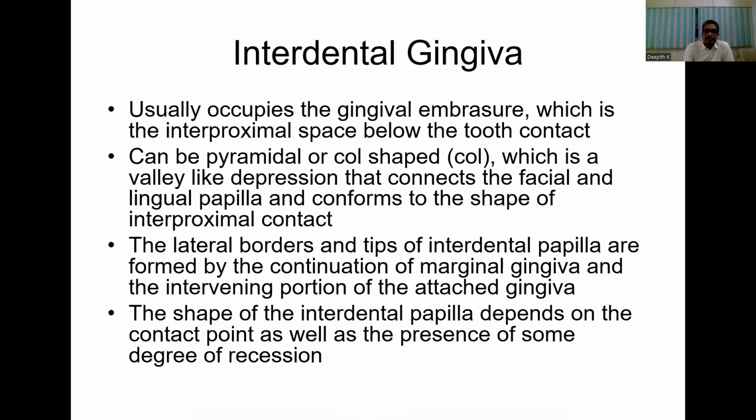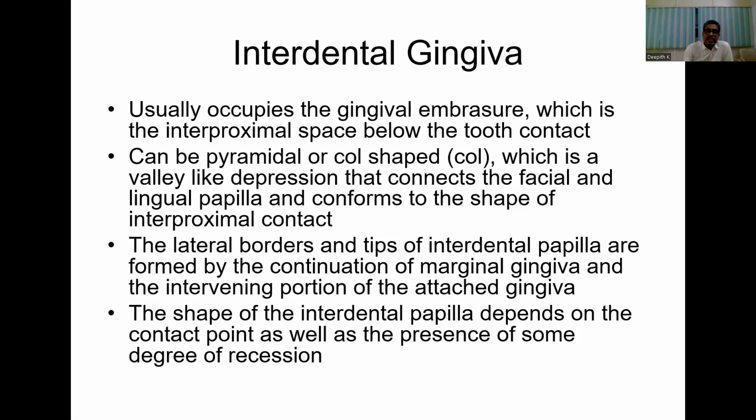Coming to the interdental gingiva: it usually occupies the gingival embrasure, below the contact point and above the crest of the alveolar bone. The interproximal surface below the tooth contact can be pyramidal or col, which is valley-like. A col is a valley-like depression that connects the facial and lingual papilla and conforms to the shape of the interproximal contact. In the anterior region, the labial surface will be pyramidal, and in the posterior area,